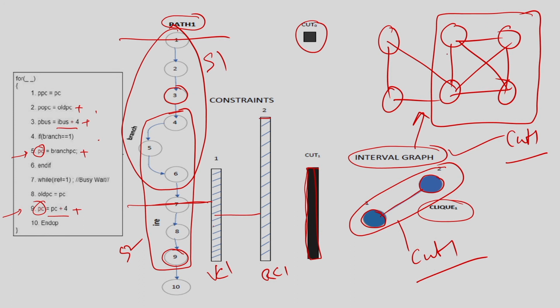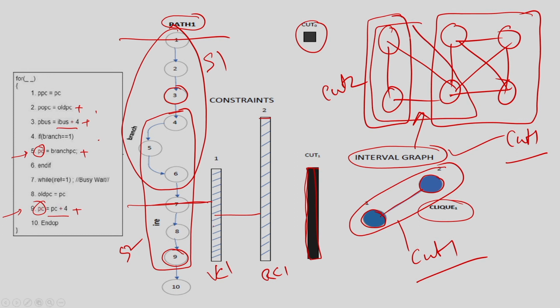Since this is one cart, I need another cart here, which is also a complete subgraph of 2 nodes, and this is my cart 2. I should not consider this cart 3 because it is already taken care of by cart 1. This is also a complete subgraph, but I am not going to consider it because this node is already covered by cart 1. So, the idea here is that if you identify a complete subgraph, that means all these nodes are overlapping each other, so I can have one cart to satisfy them.